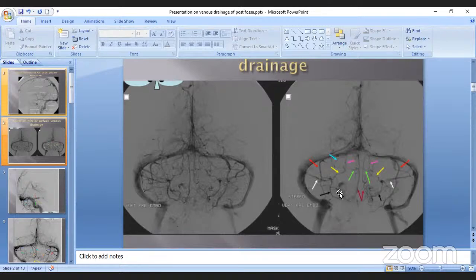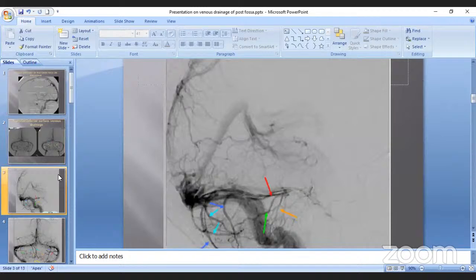So the posterior part of the cerebellum basically drains into the transverse sinus, while the anterior part of the cerebellum drains through the anterior cerebellar veins into the superior and inferior petrosal sinus. When you get a lateral image of this venogram,